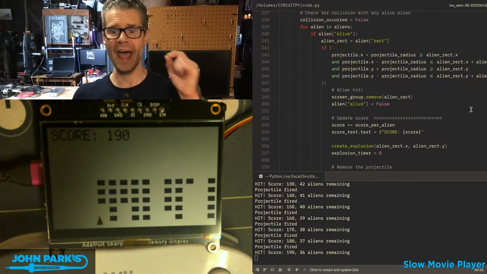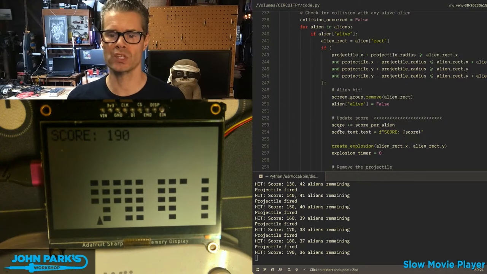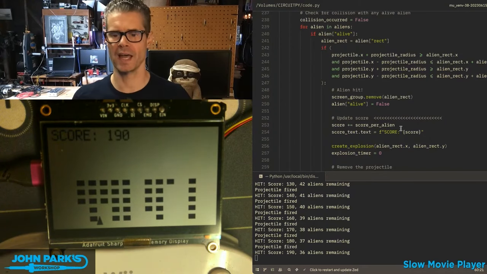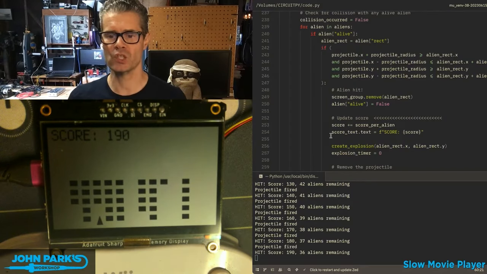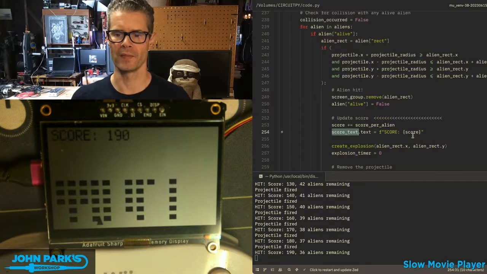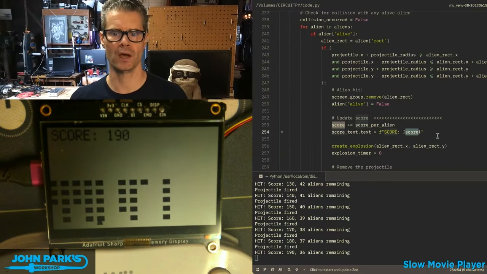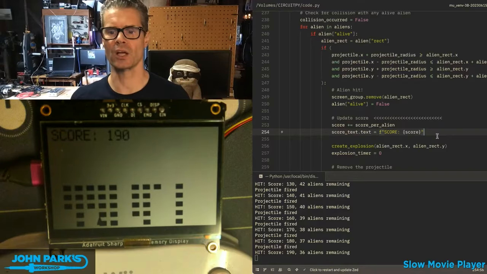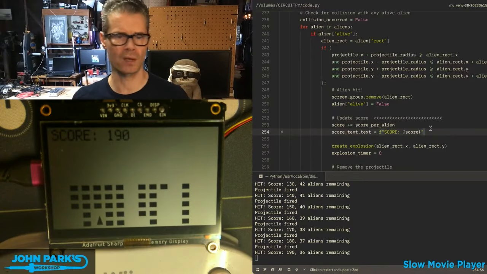Then we're also going to add to the score. So the way we do this is we say score plus equals the score per alien. So for now, that's always just going to add 10. And then we change the score text.text to be score, and then this score variable that we've just incremented by 10 in this case. And that just in each cycle checks to see if we've hit something, go ahead and add 10